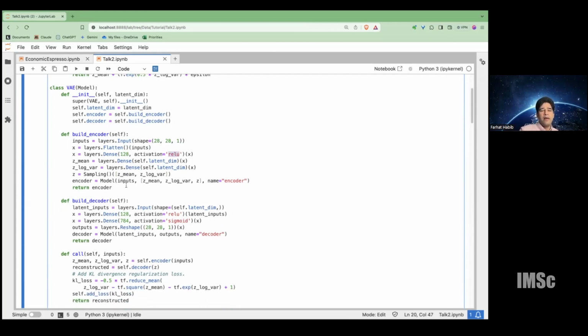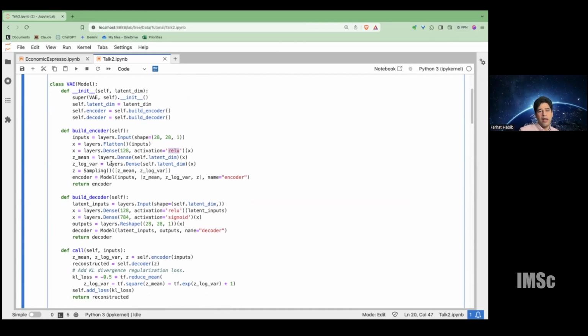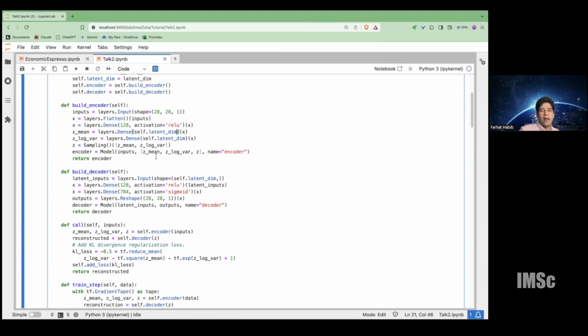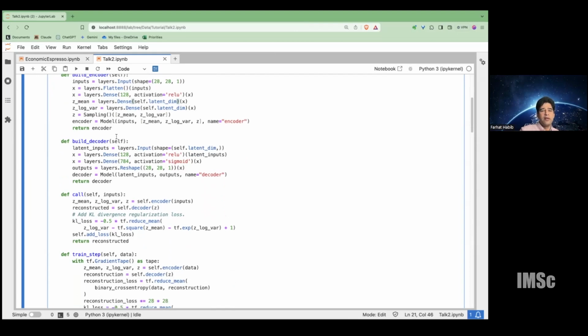And then I straight away have the middle layer, or the latent dimension here. In this case, I've left it as latent dimension, which I can vary to see the effect of changing the latent dimensions. This lets us sample from this layer using the mean and variance of the hidden layer.